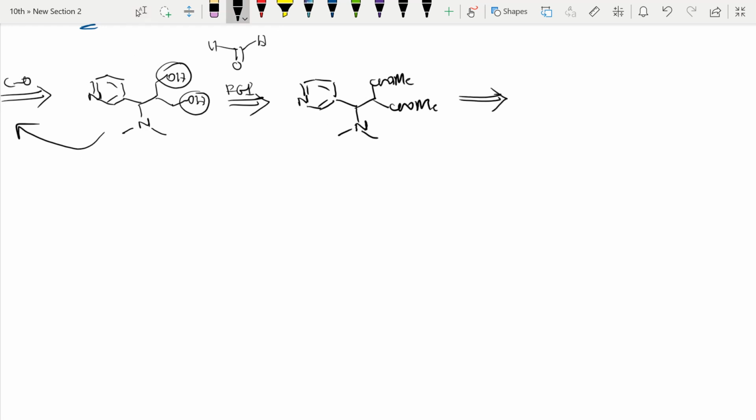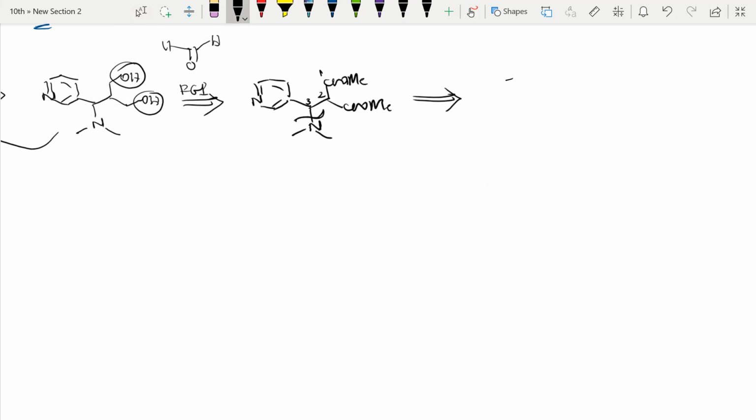Further, again I can do retrosynthesis. See here, this proton, right? Here I can do disconnection, because a 1,3 Michael type reaction we can do here. If I disconnect, you will get this: COOMe, COOMe, and here a double bond. If I put hydrogen, Michael addition reaction I can do, and I can get that product back, right? So further it can be dissociated.